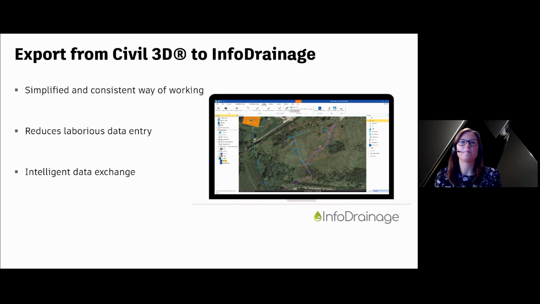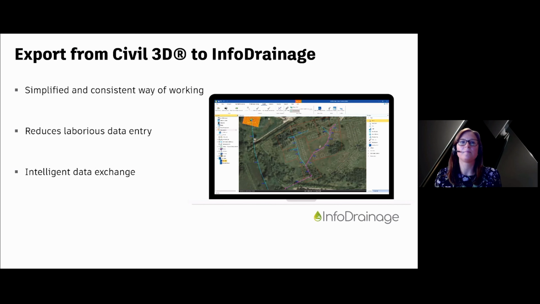So if we then get an updated drawing or we want to redesign within Civil 3D, we can move elements, make a change, run through the export process again and open that in InfoDrainage and see those changes have been adopted. This can be repeated as many times as required, either updating in InfoDrainage or updating in Civil 3D, round tripping the data and with those parts mappings saved.